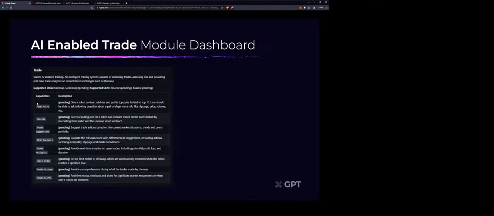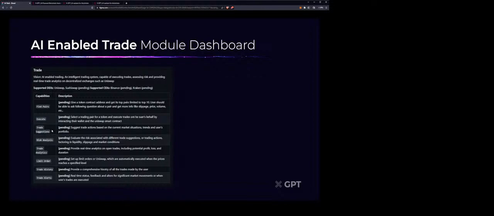The next one we want to do is finding pairs. Just by mentioning a token name, we want to see all the pairs that are trading on Uniswap, and not just Uniswap, but we will be expanding to SushiSwap and also to other chains. And maybe even let users connect with centralized exchanges through their API keys. And by that, for example, if it's MetaReset, we can just tell it and it can give you all the different pairs.